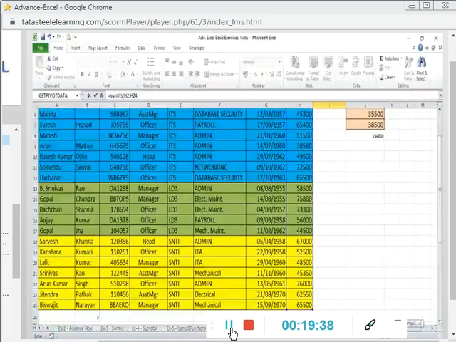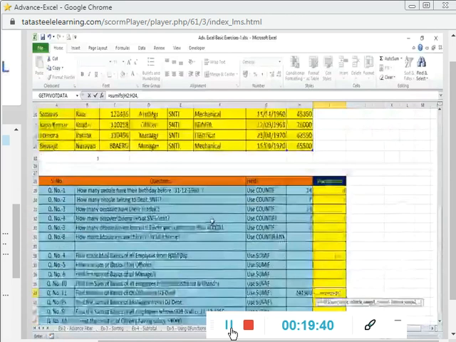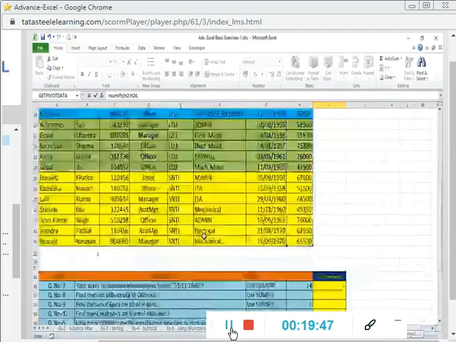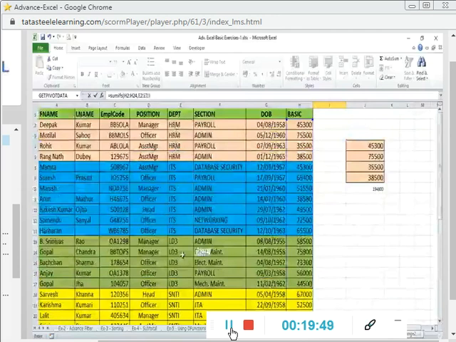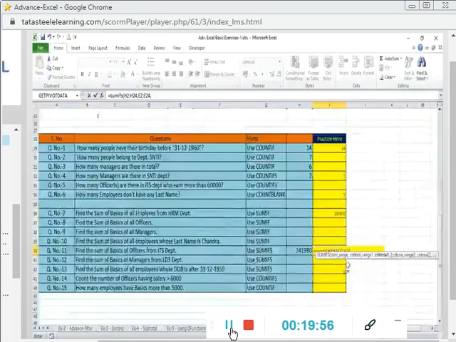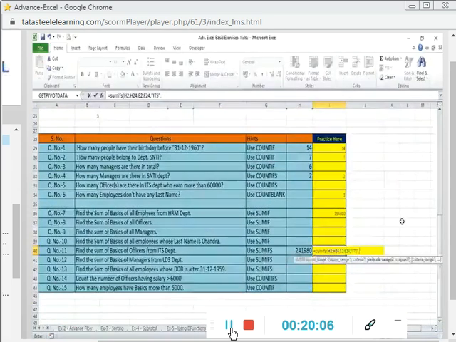Put a comma, then followed by criteria range. So here in this case, officers of the ITS department have to be selected. So we will go for department as the first range. Put a comma, and then write ITS within double quotes. You can also write in small letters, so the result will be the same. Put a comma, then the second criterion